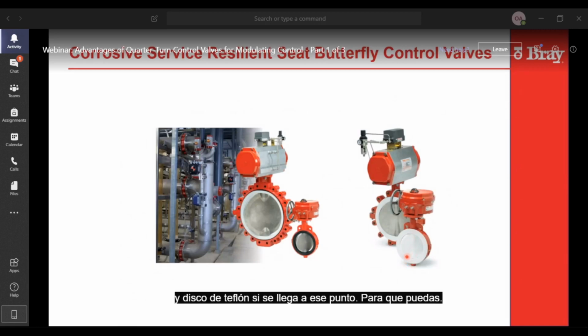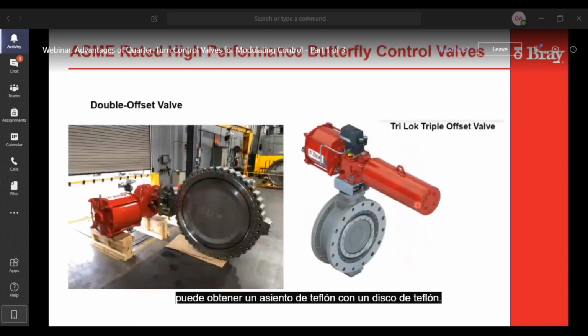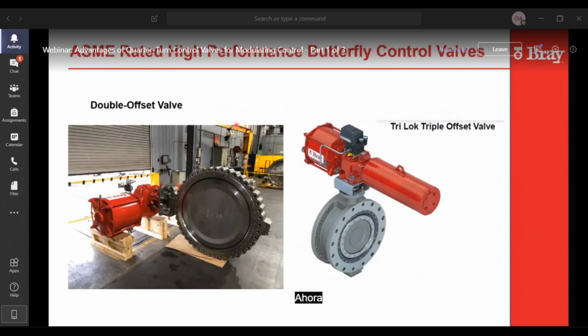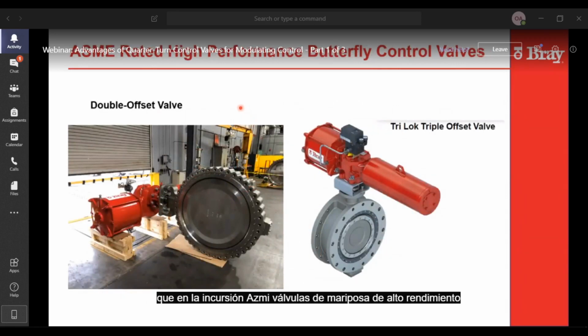So you can get a Teflon seat with a Hastelloy disc, or you can get a Teflon seat with a Teflon disc. On the ASME rated high performance butterfly valves, the materials of construction have to match your process. So you're shutting off full ASME pressures by pressure class.